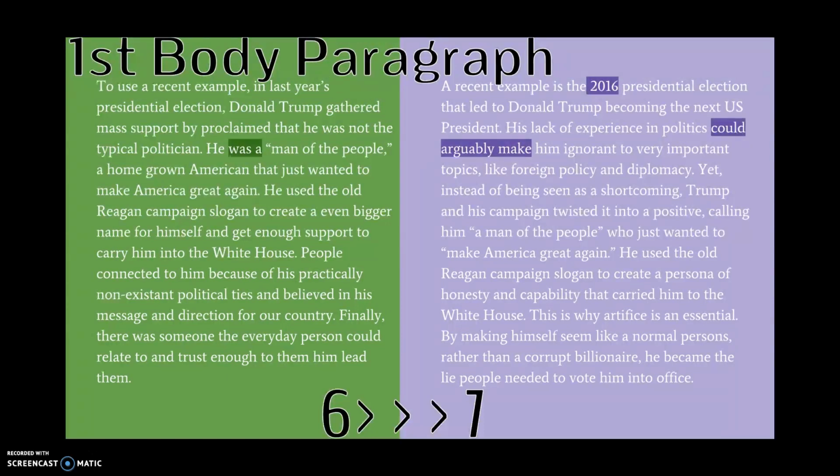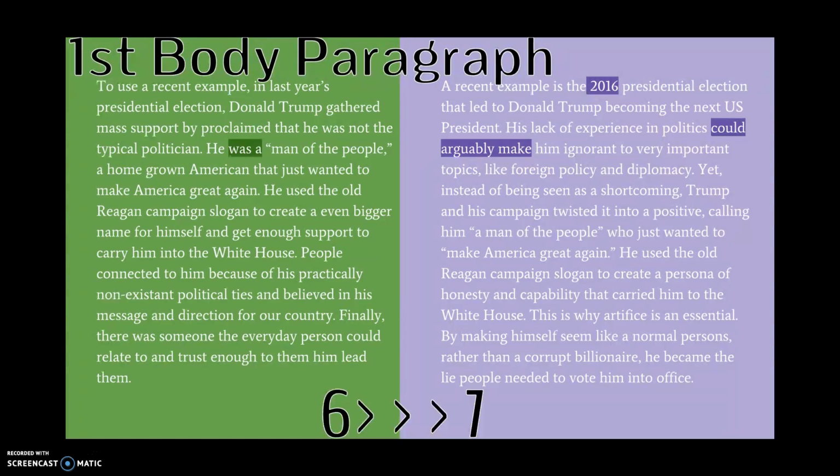So next up, we also see, again, the tone issue of the 6 scoring essay. Here we have the to-be verb "was," which is certain and definite and doesn't open up to any other possibility or viewpoint, which can alienate your reader because it makes them feel as though, if they disagree with you, their voice doesn't matter. Now, when we look over here, we see the phrasing "could arguably make." That phrasing is much more appropriate to argumentation because it allows the idea that there are multiple perspectives, multiple modes of argument, which is going to be much more engaging with your reader and increase your ethos